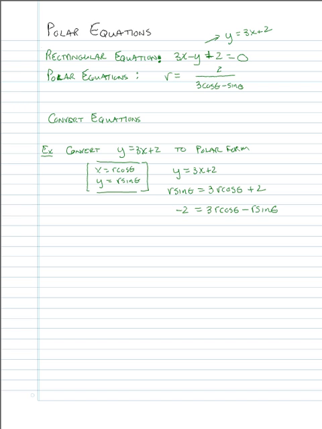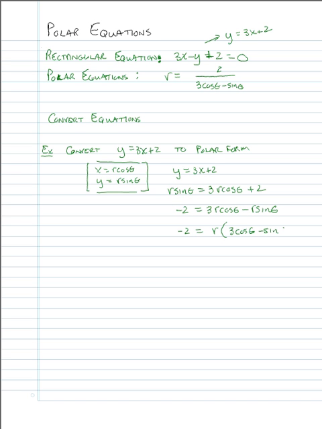Now, the reason I've done that, maybe I should have explained myself a little better, is that if I'm going to solve this for r, what I need to do is get all terms involving r on one side. And I chose to get them on the right side in this case, just by happenstance, I suppose. So now, on this right side, I have an r that's a common factor in both of those terms. So I'm going to factor that r out. So I have r times 3 cosine theta